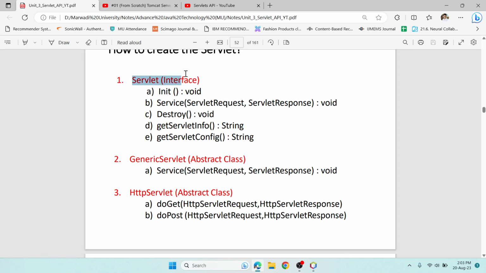So the servlet interface, basically as it is an interface, we need to override all these methods. So we'll be using implements keyword. So these methods are abstract by default. So it is compulsory to override all these 5 methods. So the thing is, if you use servlet interface, then you need to use these 5 methods. And